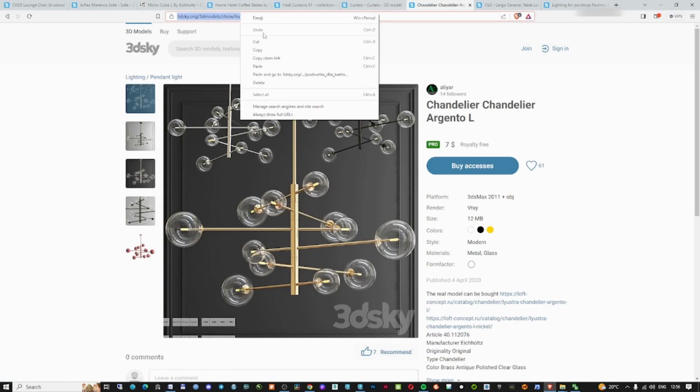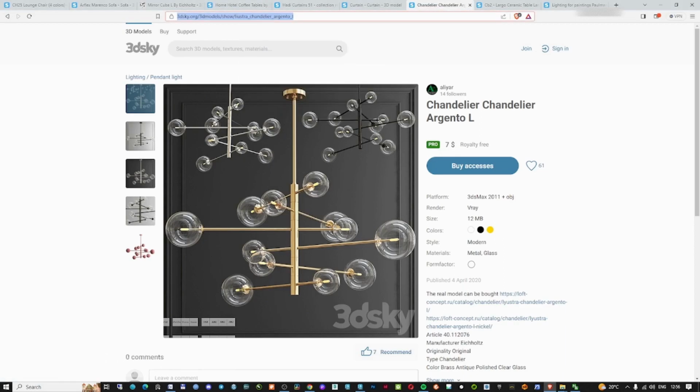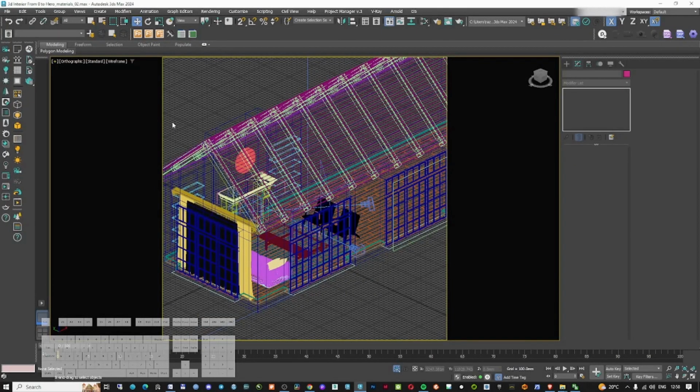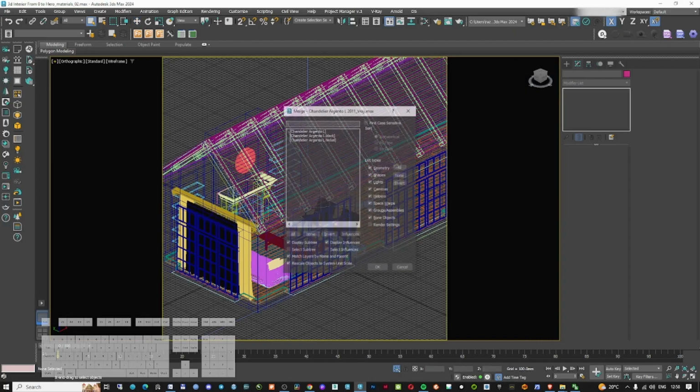On the next part, I'm bringing in the chandelier. As you can see, this is also from 3D Sky. In case you don't have an account on 3D Sky, or you don't have the possibility to